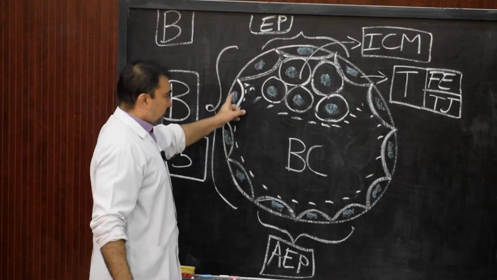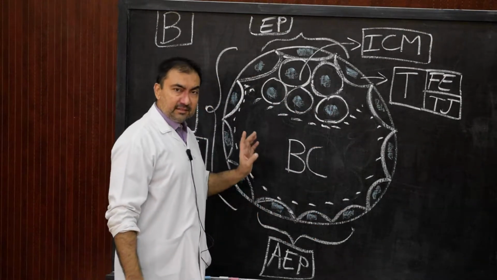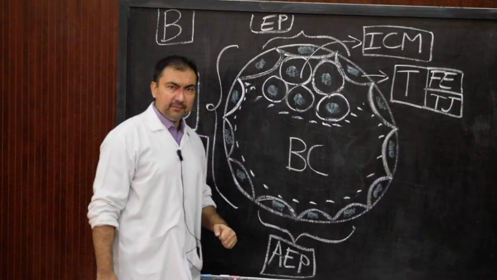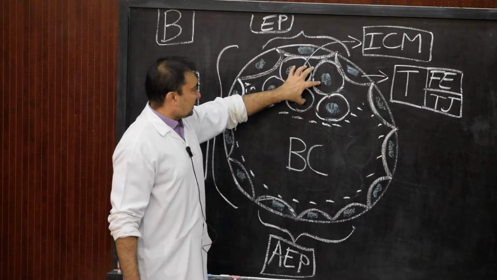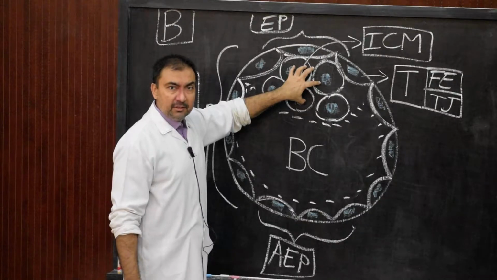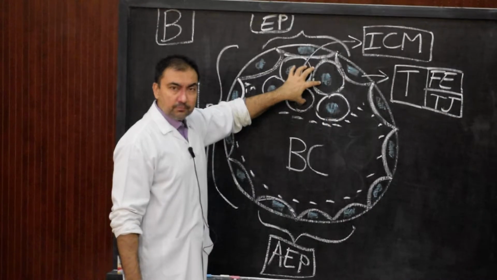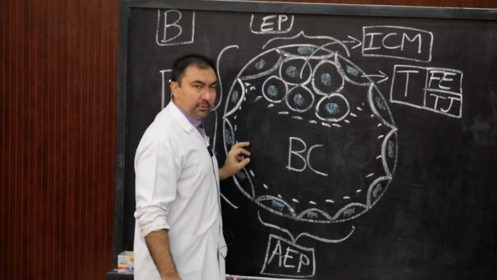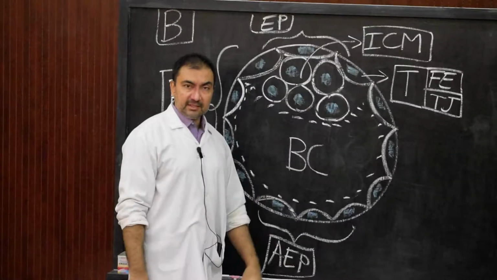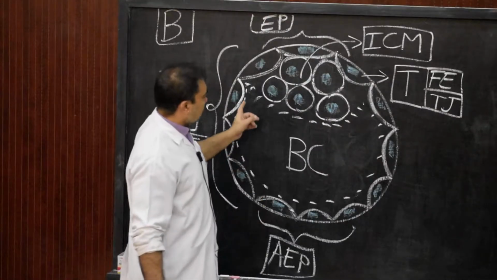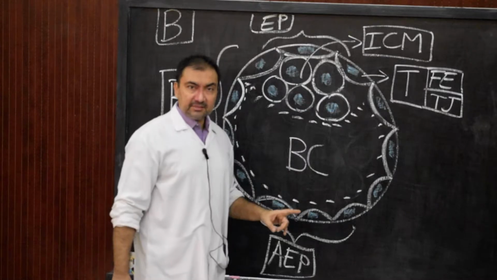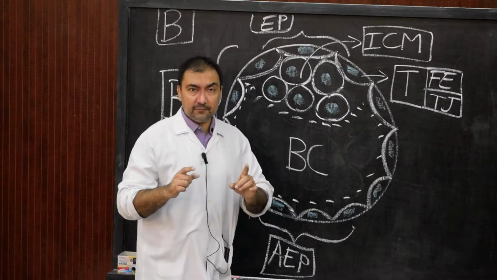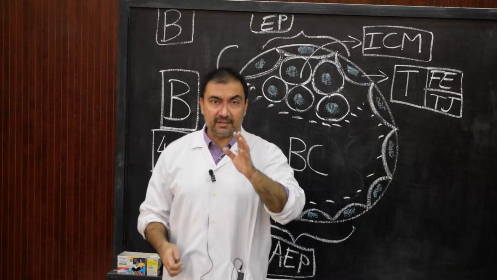Now, a few points you need to add. At this stage, as the cells keep on dividing, the inner cell mass will develop into the embryo proper. The trophoblast will play an important role in providing protection and nutrition to the inner cell mass. Also, the total number of cells at the end of the blastocyst stage, that means at the end of the 4th and 5th day after fertilization, will be 107.